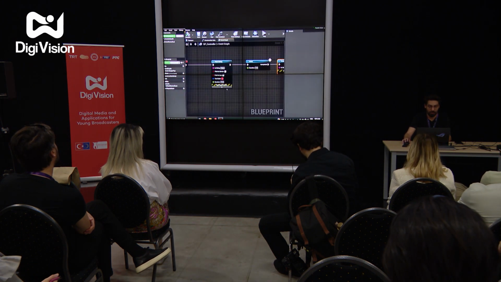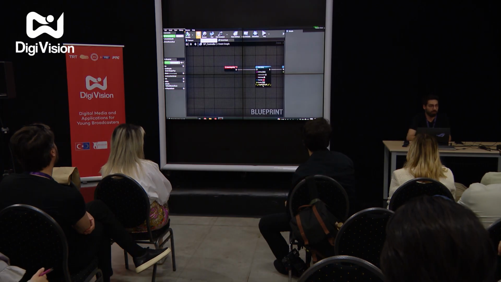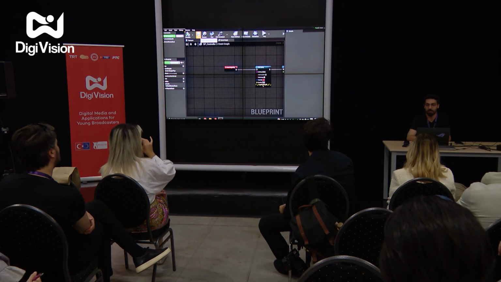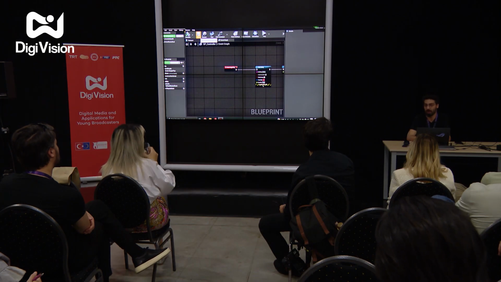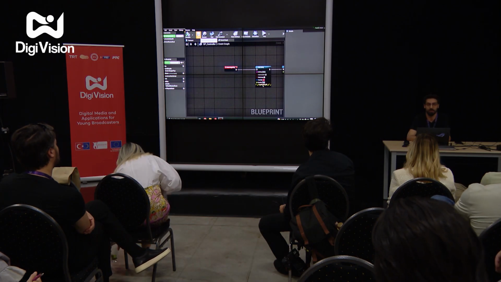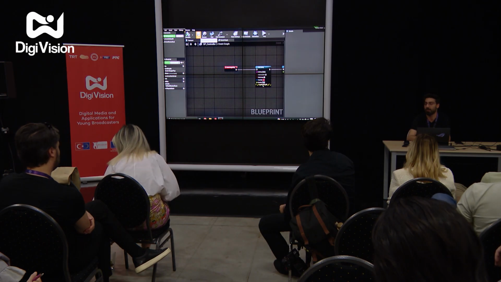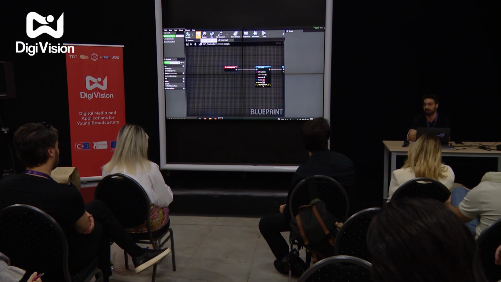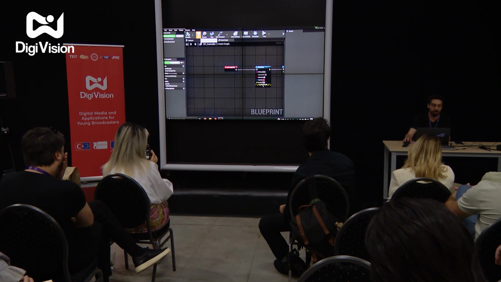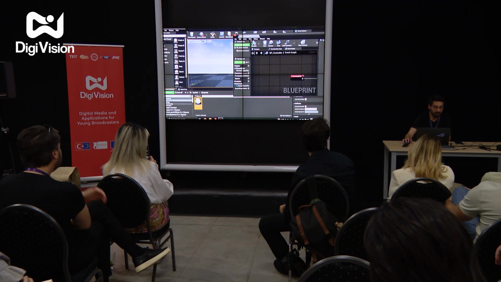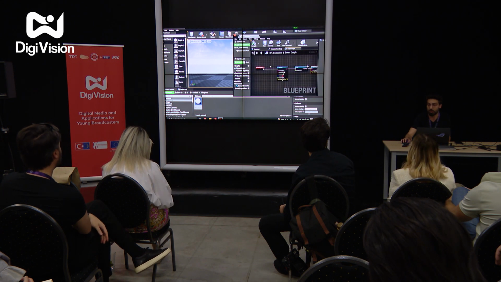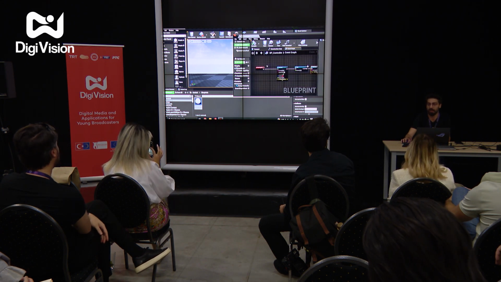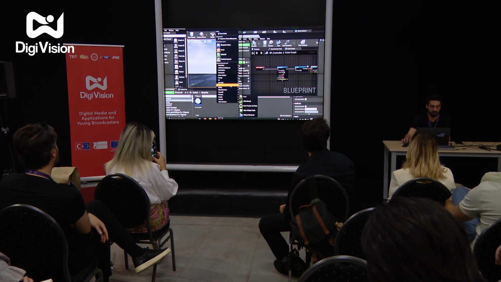So in most of the virtual scenes, we can hide the walls for our camera angles, or we can just show some video walls, and we can control these video walls by their opacity on the material side. Let's create a new base material, and we will try to control this material on the Blueprint side. We are just going to create a new